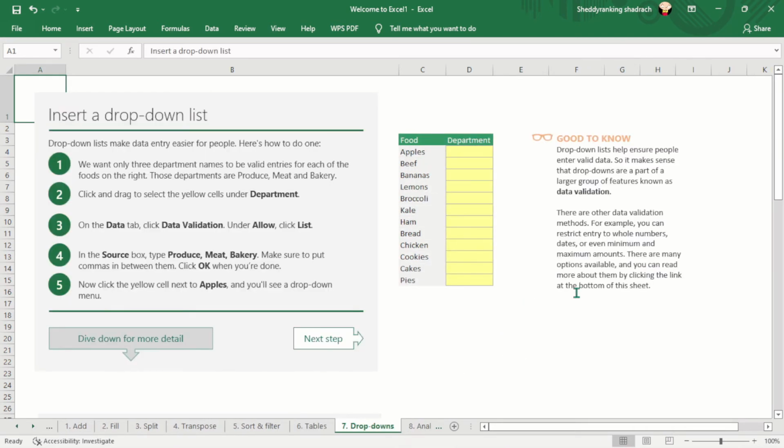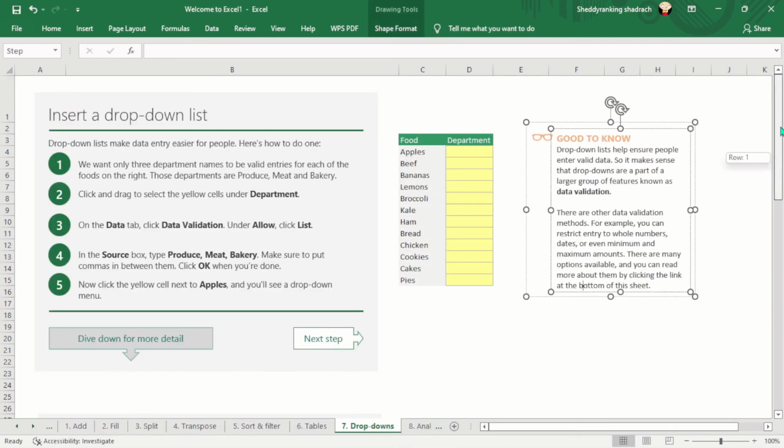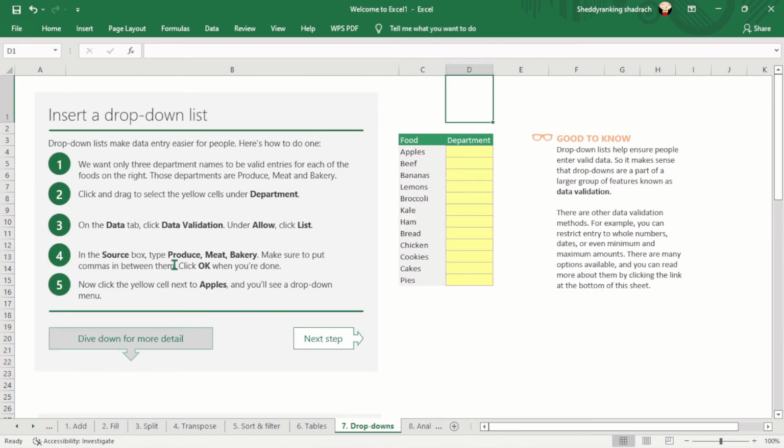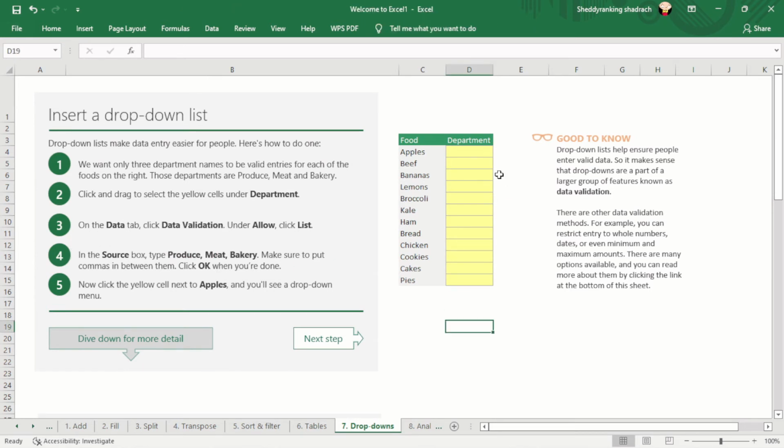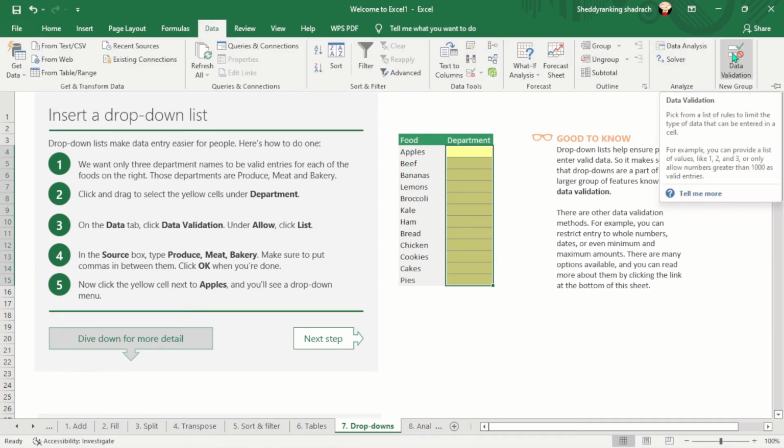Then we have another one, which is the drop down. The drop down helps you group data into different kinds of departments, and here we want to have 3 departments, which are produce, meat and bakery. So here you can see if I highlight this, I will come to Data. Then we have one particular thing here, which is Data Validation, which is what we're going to use